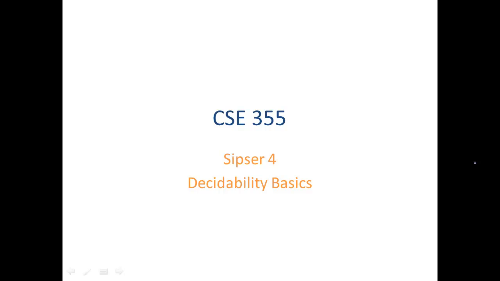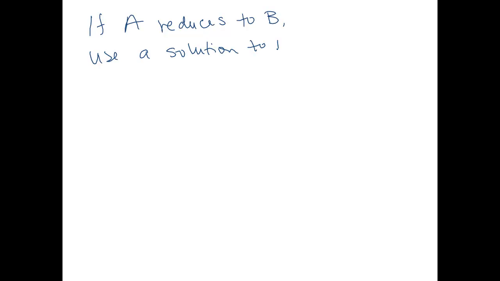In this video, we're just going to recall some basics of decidability and undecidability. So, what we want to remember is that we have this idea of a reduction. What we mean is, if A reduces to B, we can use a solution to B